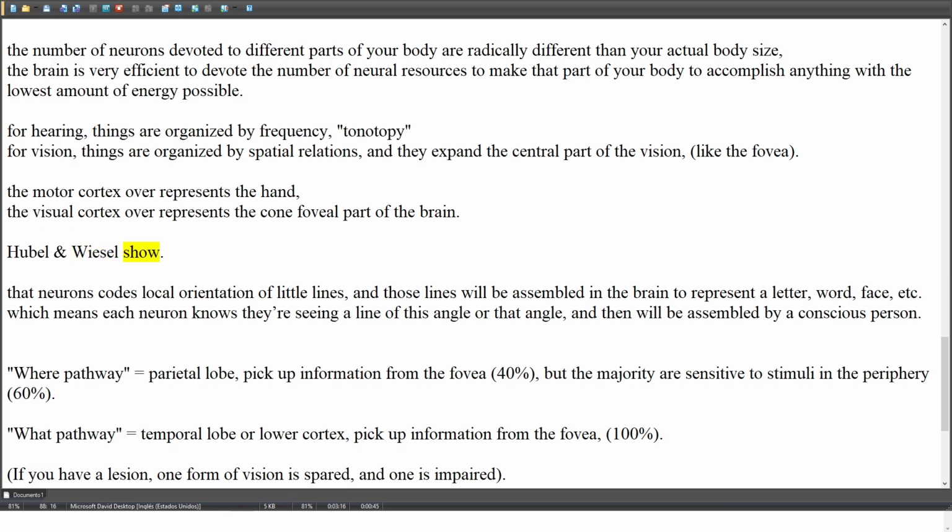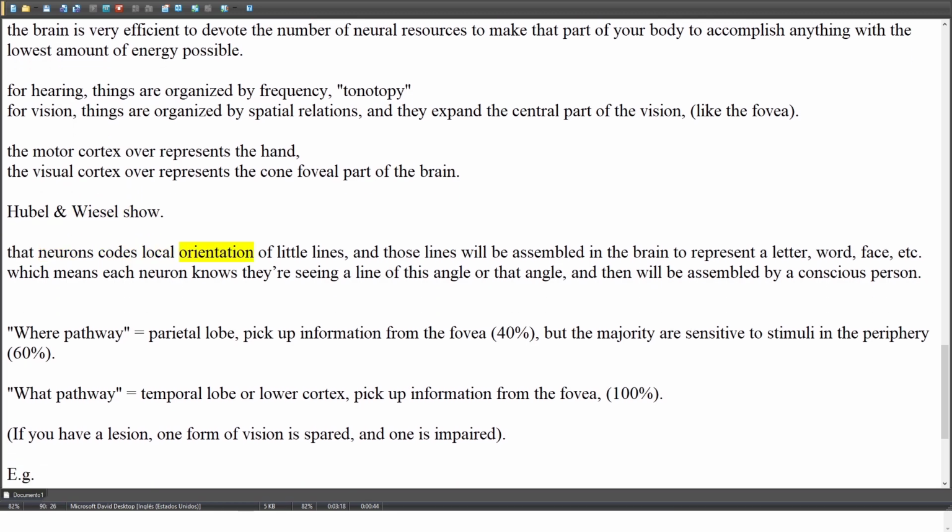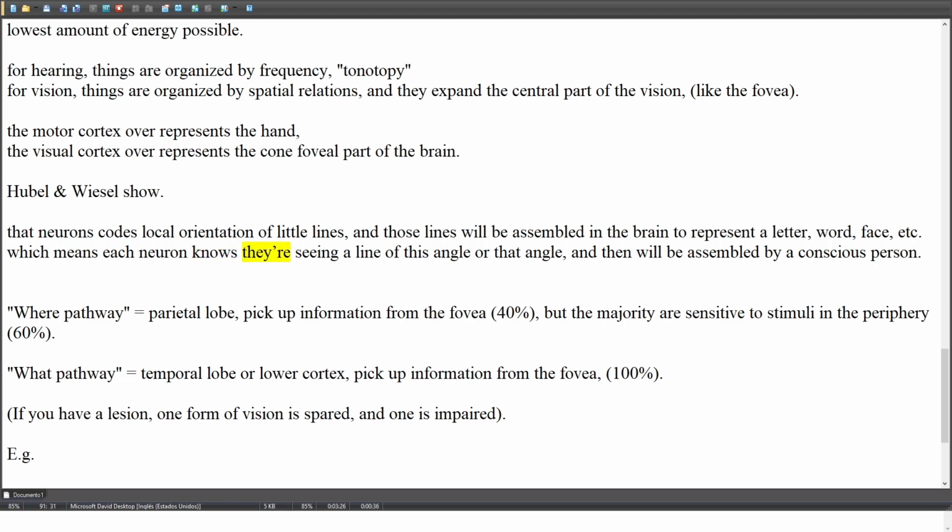Hubel and Wiesel showed that neurons code local orientation of little lines, and those lines will be assembled in the brain to represent a letter, word, face, etc. Which means each neuron knows they're seeing a line of this angle or that angle, and then it will be assembled